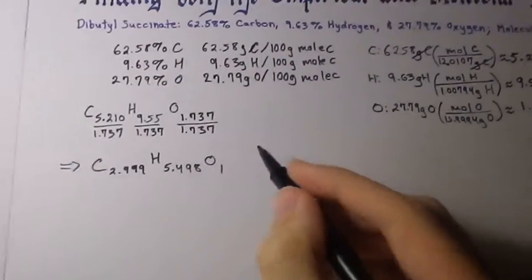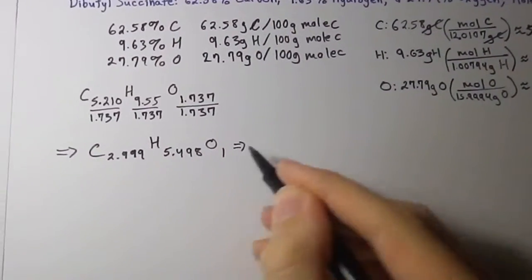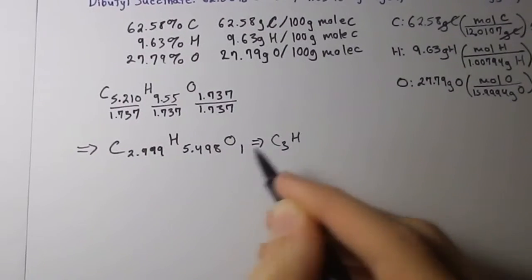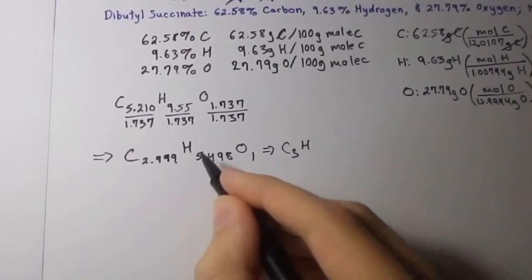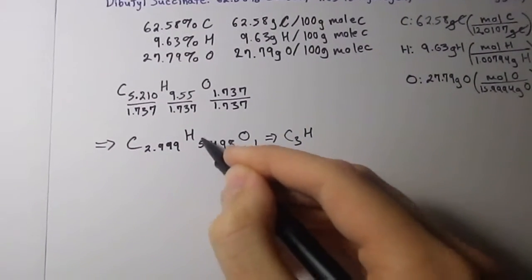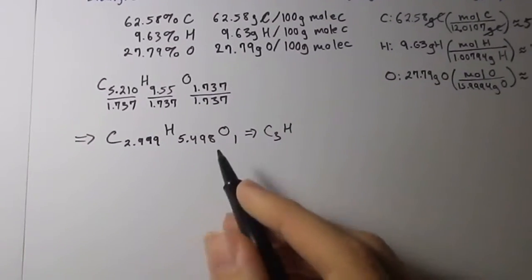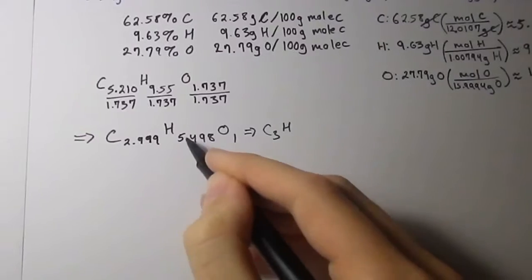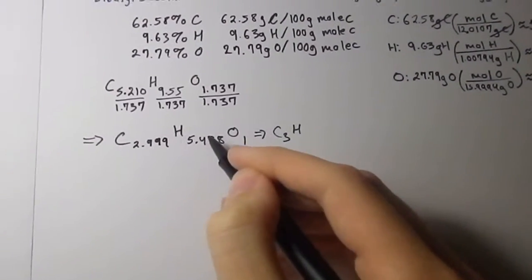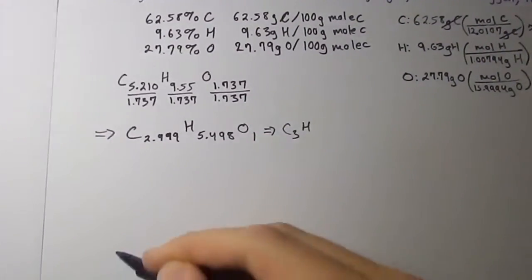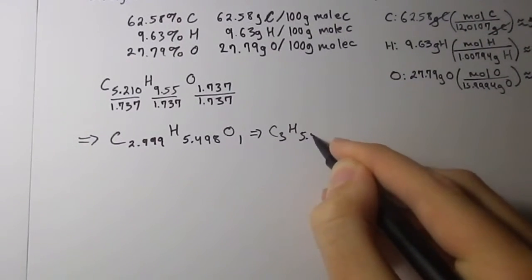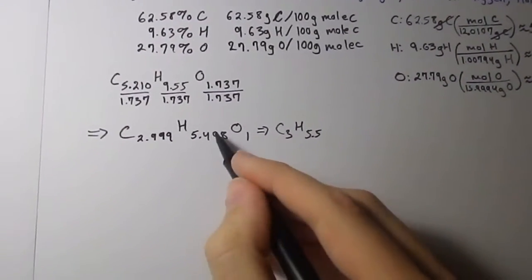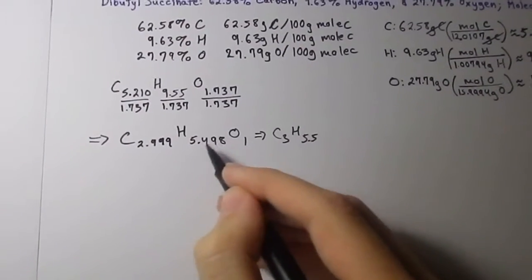Now let's round this to even numbers. Now here's what we need to consider. This is so close to 3, so we'll round it up to 3. But don't round this down to 5 or up to 6 for some reason. Don't round when it's so close to like 0.25 or 0.5. Don't round it all the way down. We want to round it to 5.50 because if you round it all the way down, you're taking a part